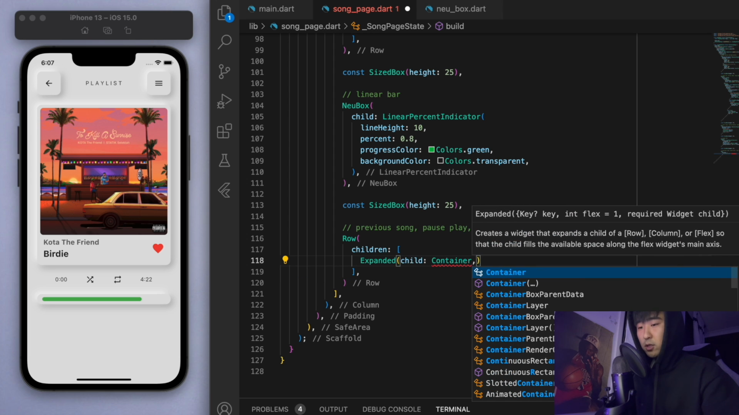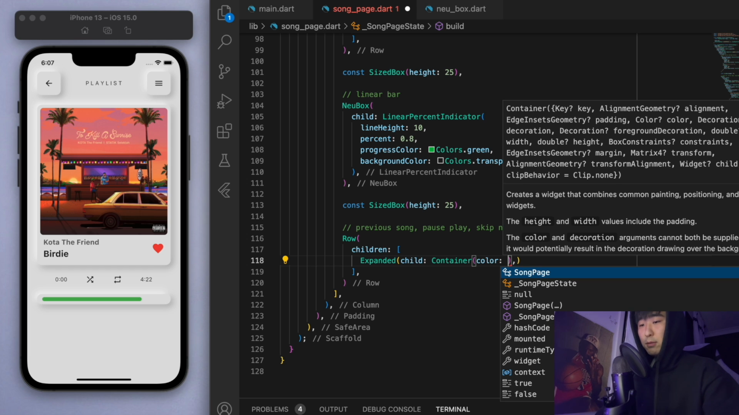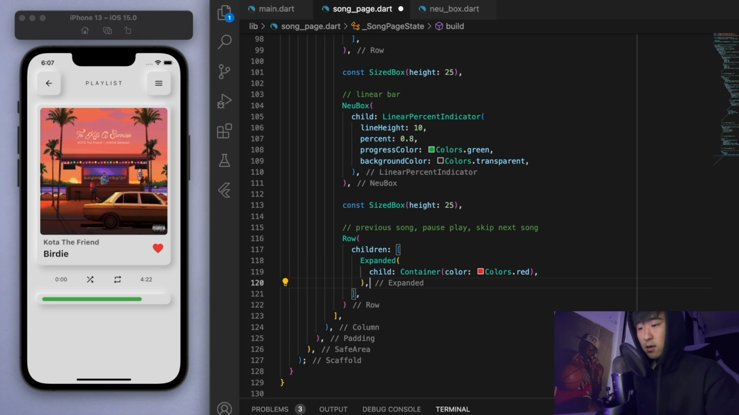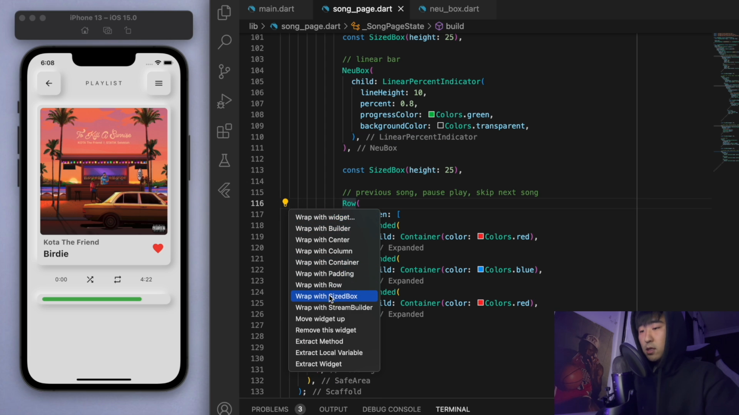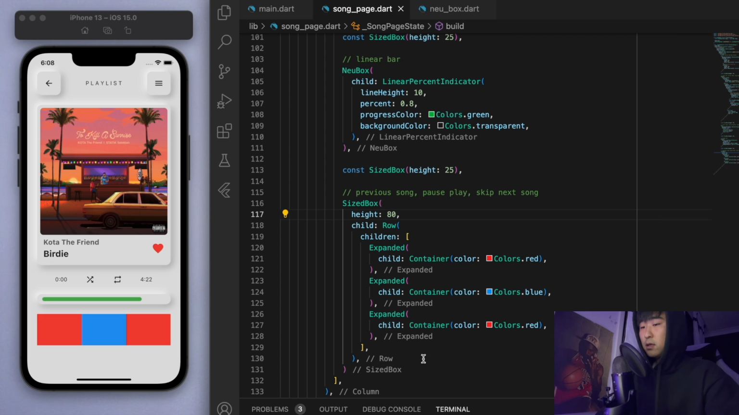And just to quickly demonstrate a nice idea, I'm just going to create an expanded container and I'll just give it a random color like red. And let's say I have 3 of these with a blue one in the middle. And also let's just give this row a height like 80. So if I save this, you can see in that space it'll just divide it evenly